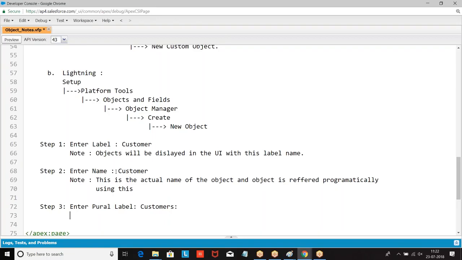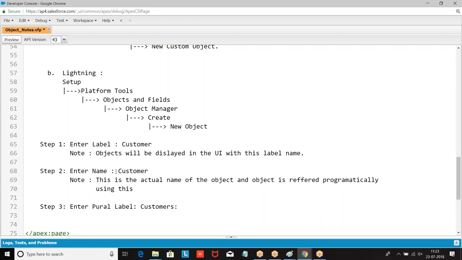If you want to open an object, what do we require? An object will not open directly. We need to have a tab. When you click on the tab, then only the object will open. If you want to open an object, we require a corresponding tab.